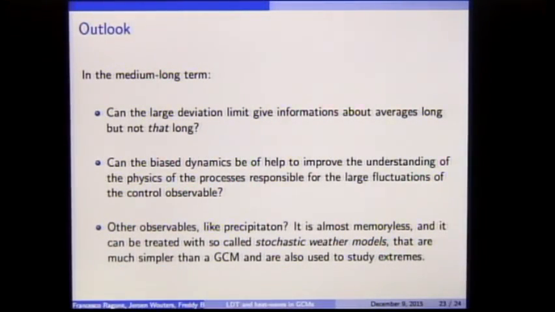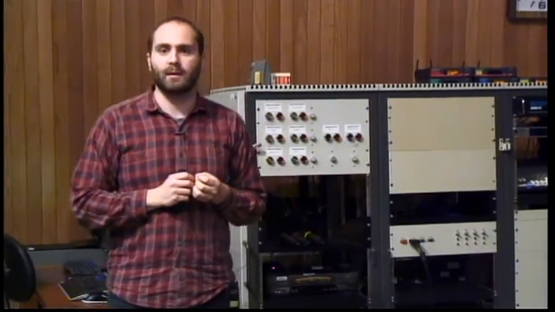In particular, there are a lot of models in the literature that have been developed which are basically stochastic models, just stochastic differential equations, that are used to fit observations in certain places, and sometimes they are also done like in a network, so that then you can have correlation between precipitation in different stations. And these are often used to study extremes. And this would be a very natural environment for these methods, because then I don't have the huge computing time of a GCM, and the system is stochastic, so I don't have the problems of having a deterministic system. So it could be worthwhile to work on that a little bit.